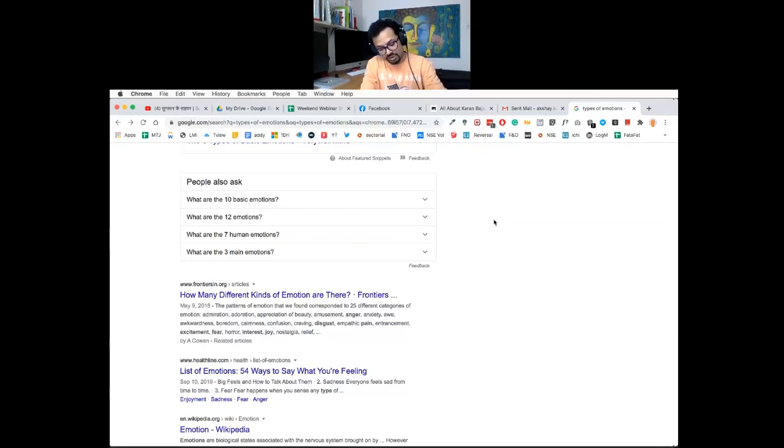Now based on the position in that frame, you get different ideas of the emotions. So a simple black square inside a white square can represent different types of emotions. I'll show you one more example. See. Now I cut one more. Here.